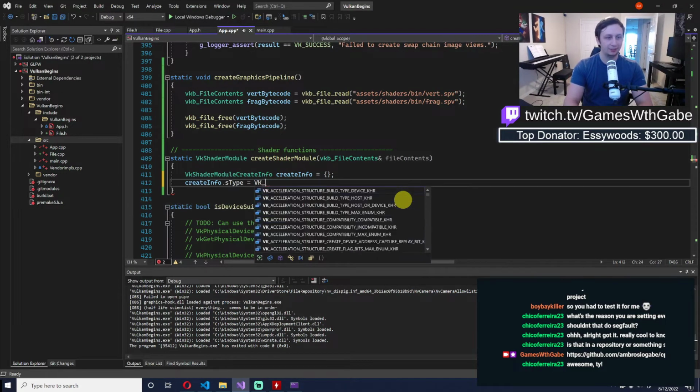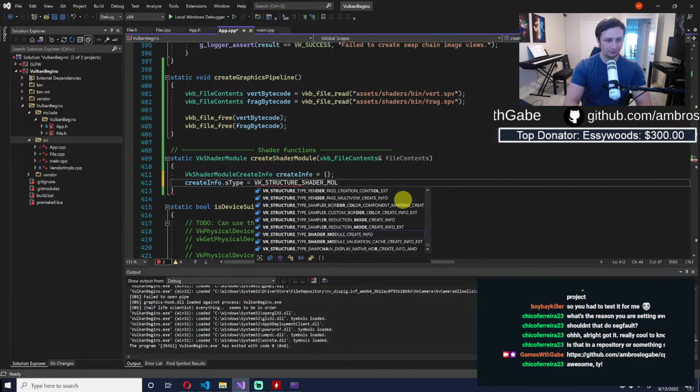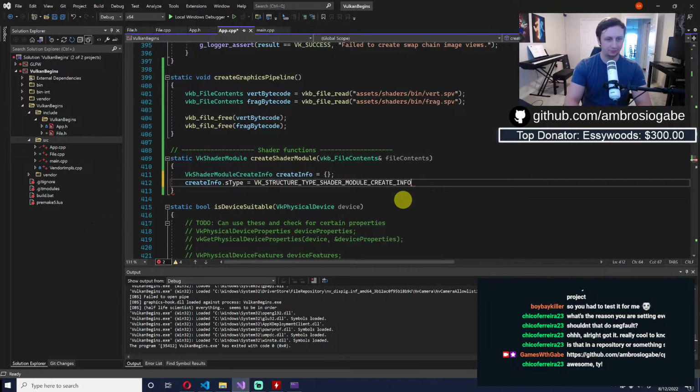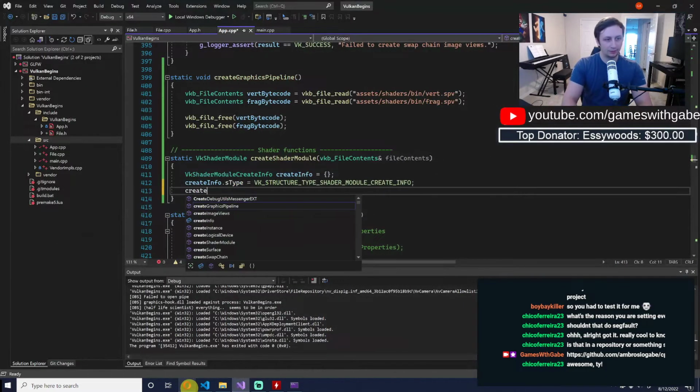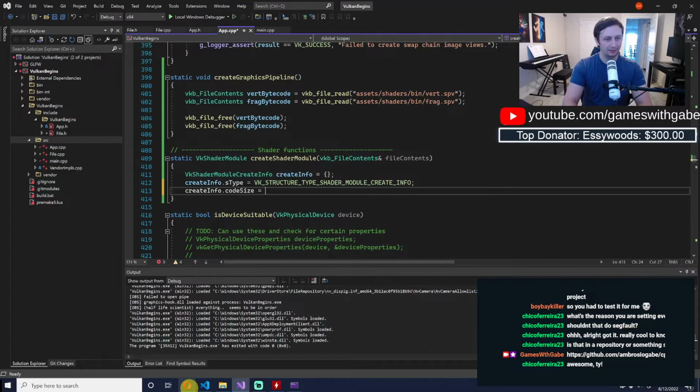Structure. Oh yeah, VK structure. So S is structure. Shader module. So it's a structure type shader module create info. I believe that's what we needed, right? Cool, that's correct. Create info dot code size equals